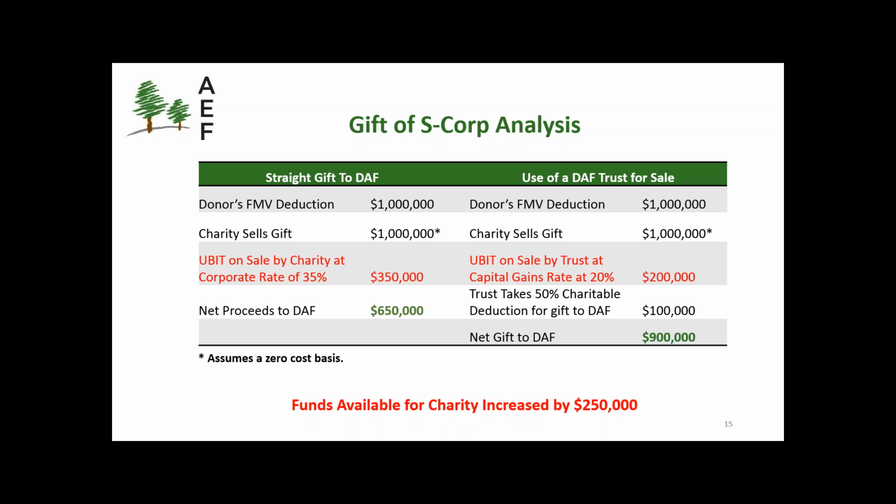Still gets the same $1 million deduction. Charity still sells it a month later for $1 million. But a taxable trust is taxed as an individual for income tax purposes for capital gain and for charitable income tax deductions. What does that mean? That means if the charity sells it a month later and it is in trust form, it has to recognize $1 million of gain. But it's able to recognize that gain at personal, individual long-term capital gains rates, which is